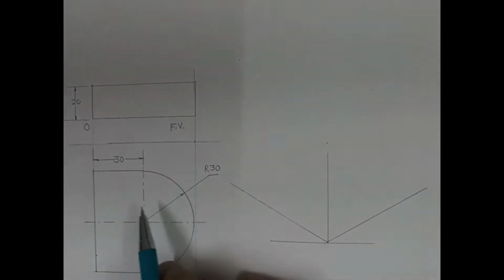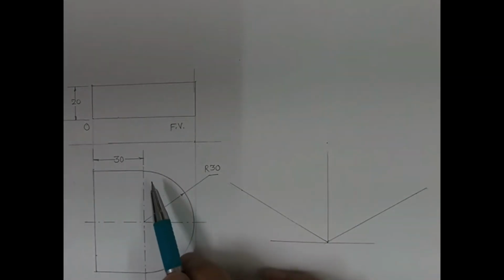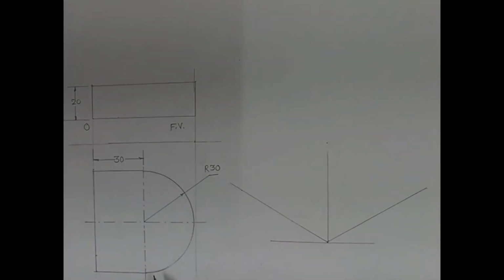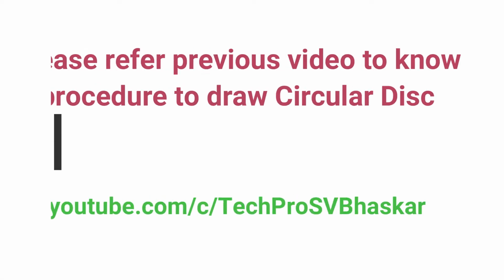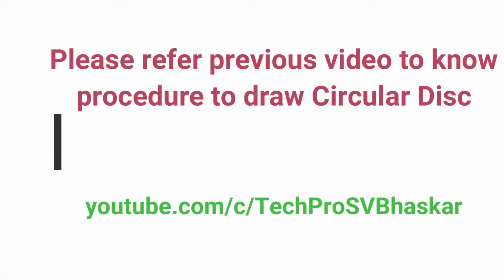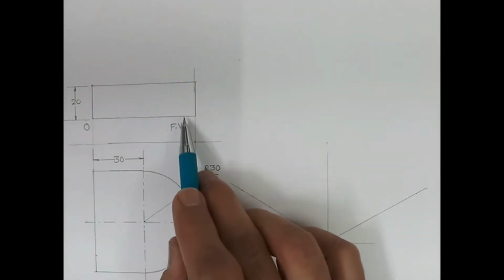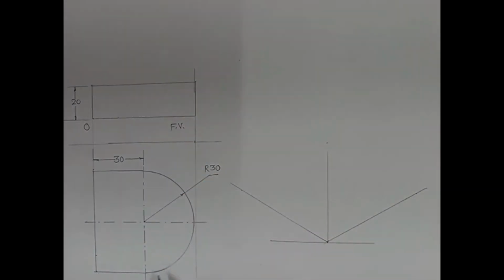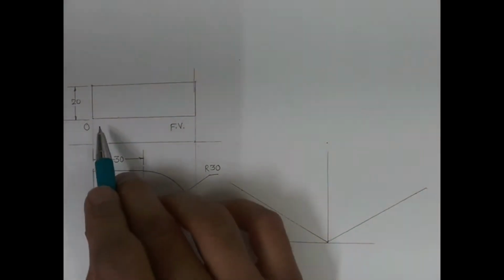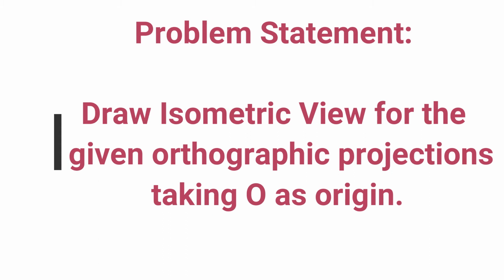Now in this case we are going to draw the isometric view of a semicircle. In one of my previous videos I explained how to draw an isometric view for a circle. Now in this case it is a semicircle, and of course it has a certain thickness, so it is a semicircular disc on one side and a rectangular disc on the remaining half. These are the given views, and the problem statement is to draw isometric projections for the given orthographic projections